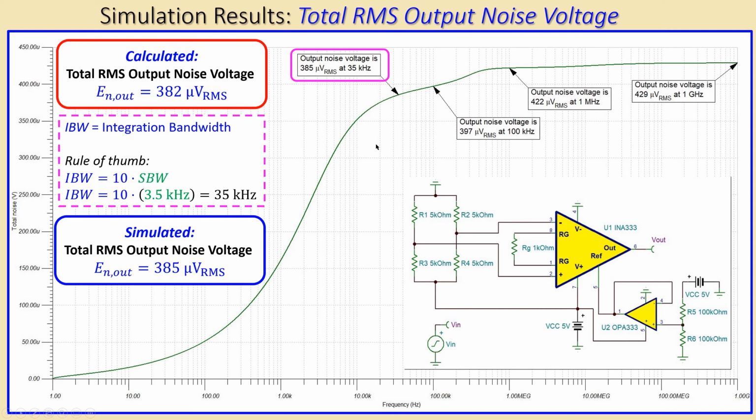in practical sense, looking from an engineering point of view, we of course don't have much noise contribution after the cutoff frequency, let's say after 1 decade. So that's actually why we use this rule of thumb. So that integration bandwidth is important to consider, and don't take that actually what you might measure, which might be the case due to some unexpected or not taken into account parameters in your model. But this is the more practical way to measure your output noise voltages from the graph. And that will of course now be compared with each other. We have the calculation, also the simulation, and those are in very good agreement.